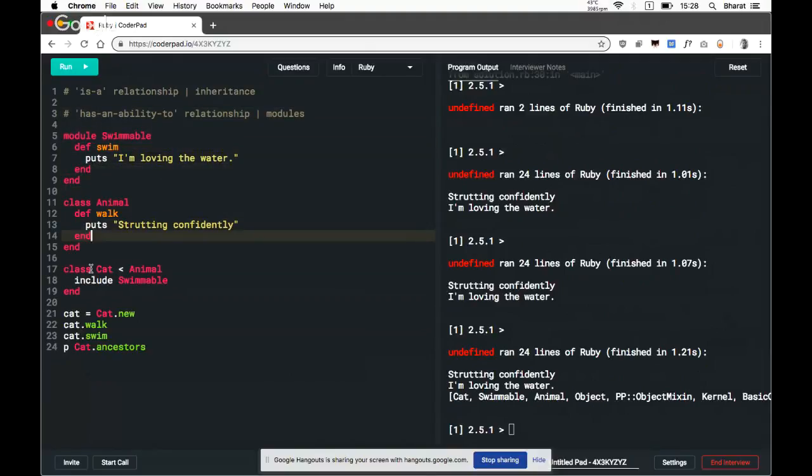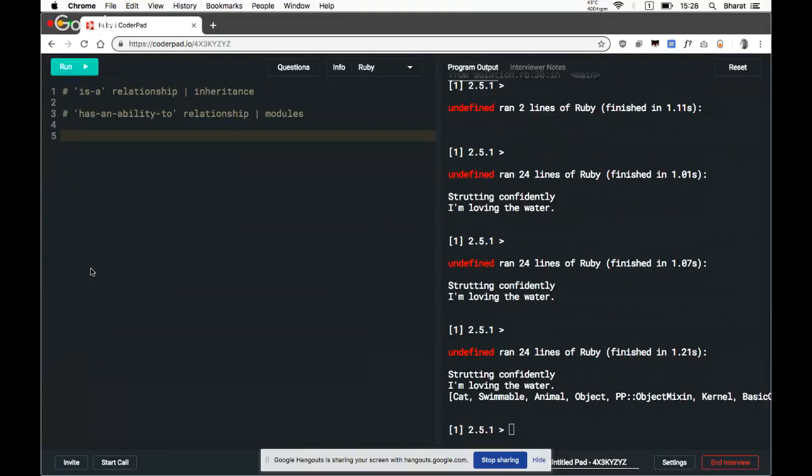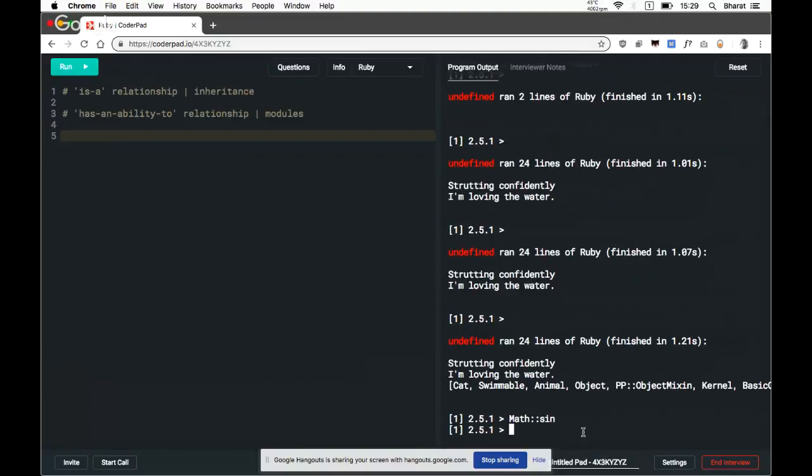The other thing with modules is that they provide namespacing. A simple example is the sine method. Let's say you have two methods by the name sine, and you want to differentiate between the two of them.